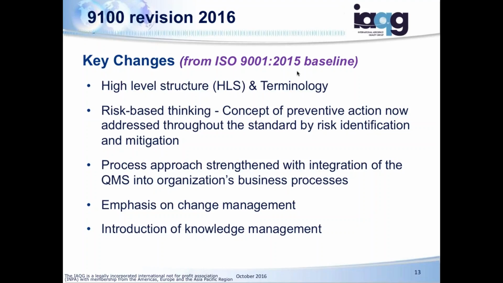The process approach has been strengthened, even more so, and the additional focus of making sure that the quality management system is integrated with how the organization does business. To many of the small companies out there, they're probably like, well, no duh, that's nothing new. But for some of the bigger organizations, sometimes it'd be, here's how the organization operates, and then we do the QMS stuff over here by the quality department. And the standard has now said that is not acceptable. We want everything integrated into a single approach.